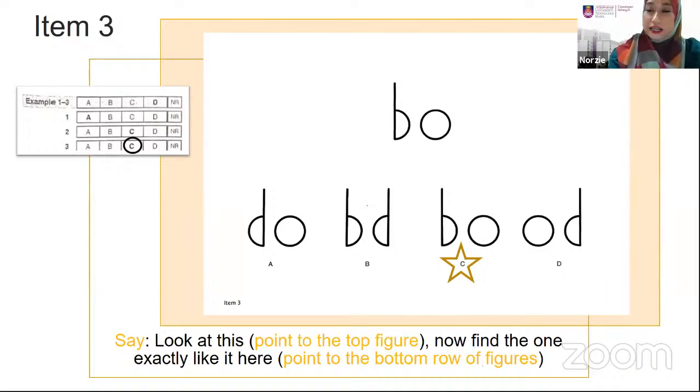Okay, so bila the examinee might say C ataupun B ke A ke, dia boleh cakap or point it out. But make sure bila dia point tu, you need to ask again, yang mana satu, yang ini ke yang ini. Sebab kadang-kadang it's a bit confusing bila dia point tu, kita tak tahu the exact answer yang dia point tu dekat mana. So you can ask the client untuk kepastian lah. Dekat record form tu, you kena bulatkan C. Okay, next slide.